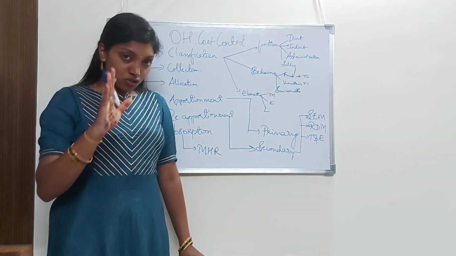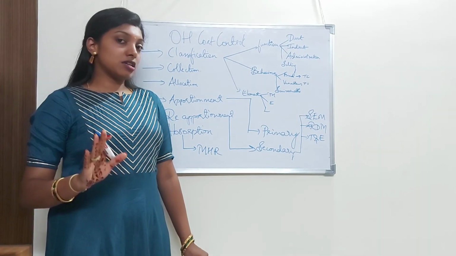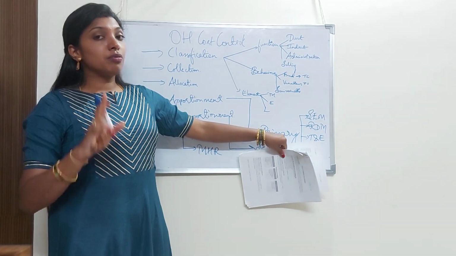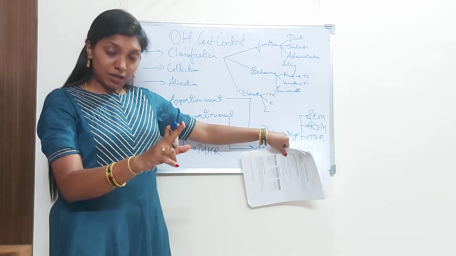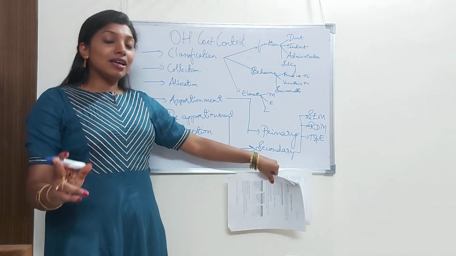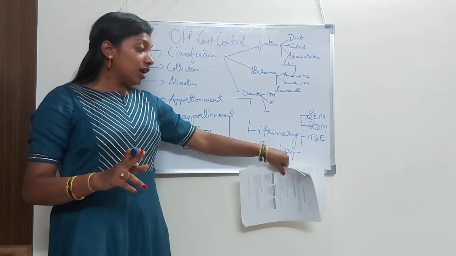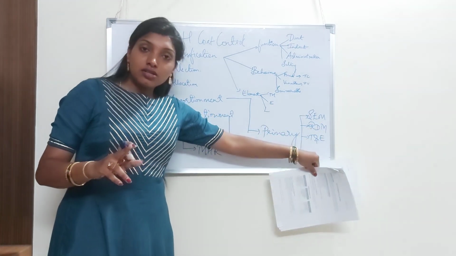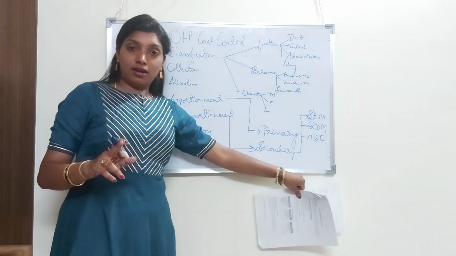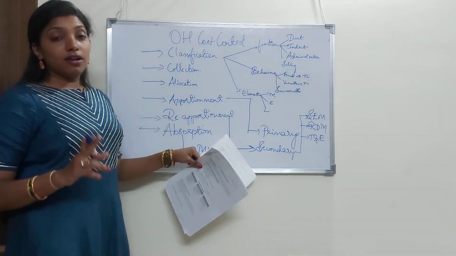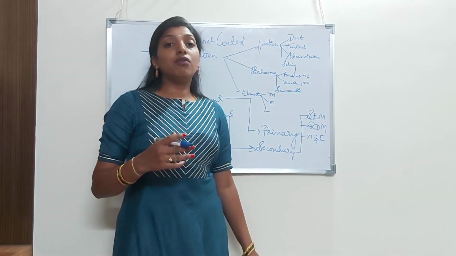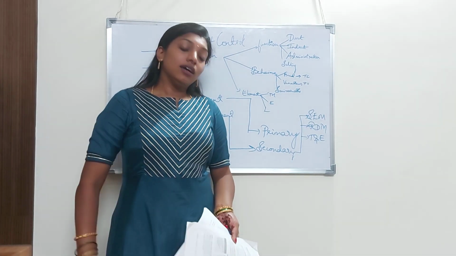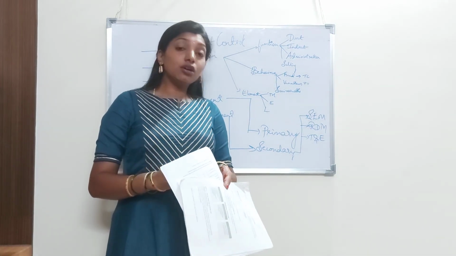So 6 major steps, and under these 6 steps, we are majorly concentrating on apportionment. Under apportionment, primary distribution summary. Under reapportionment, secondary distribution summary. Again, under secondary distribution, simultaneous equation method, repeated distribution method, and trial and error method. Then after that, under absorption, machine hour rate calculation. So with this, we have concluded the introductory part of overhead cost control.